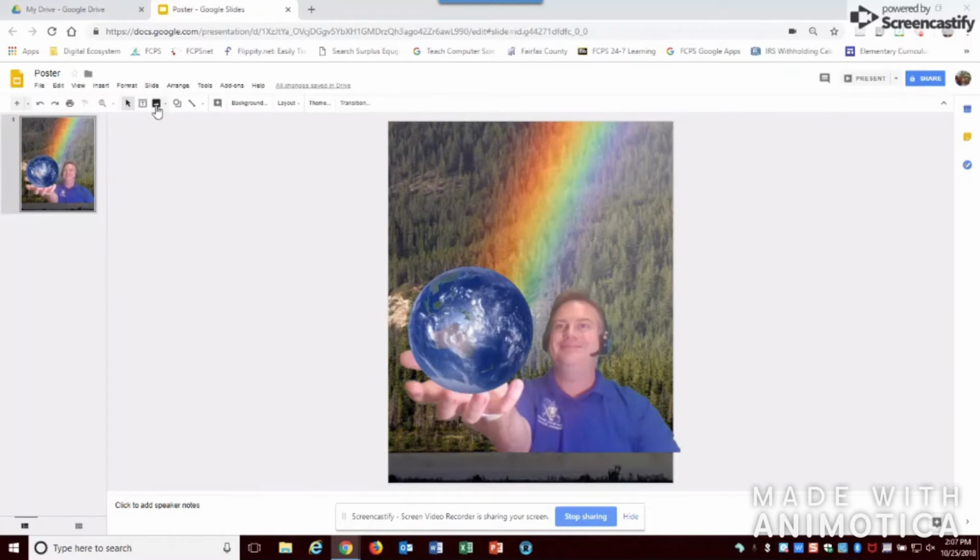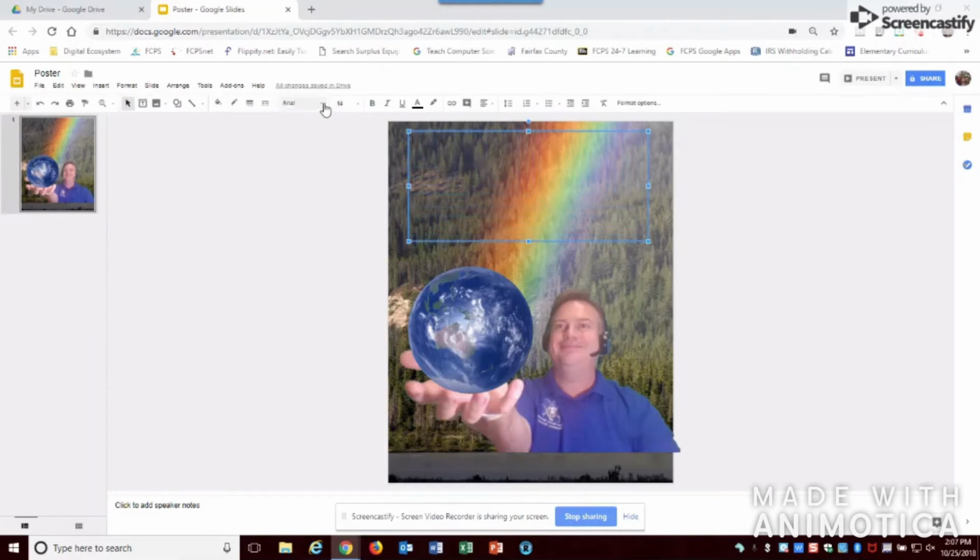I don't have any text yet, so I need to add some text. I can go to this box with a T around it. That's the text box. If I also couldn't find it, I can go to Insert and text box here. So it doesn't really make a difference. Then I'm going to draw a box where I want my text to be,